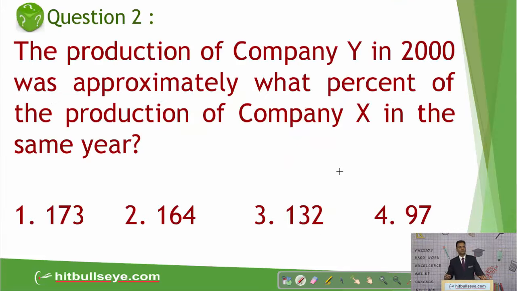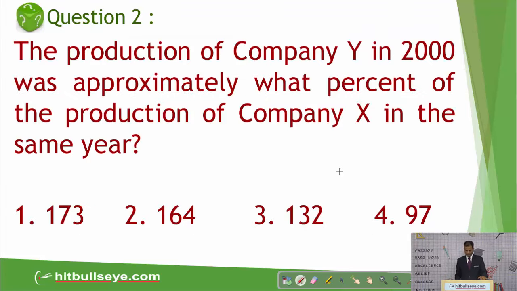Now the next question is, production of company Y in 2000 was approximately what percent of production of company X? Now see again, the production of company Y in 2000. Company Y in 2000 is 128. What is being asked? What percent of production of company X? That means asking Y upon X into 100. Basic rule. So company X in the same year is 178. So the answer is 128 upon 178 into 100, which will be